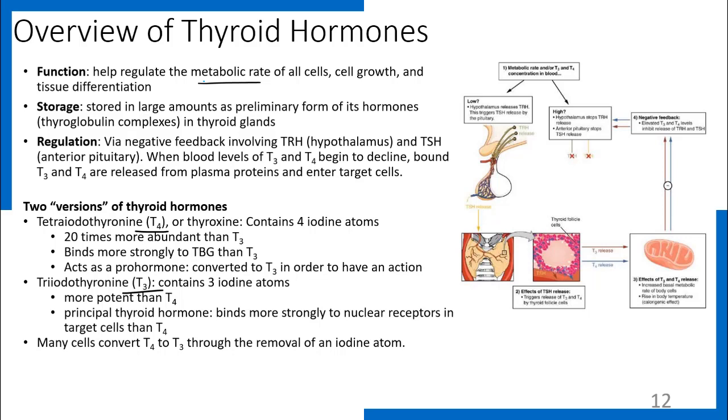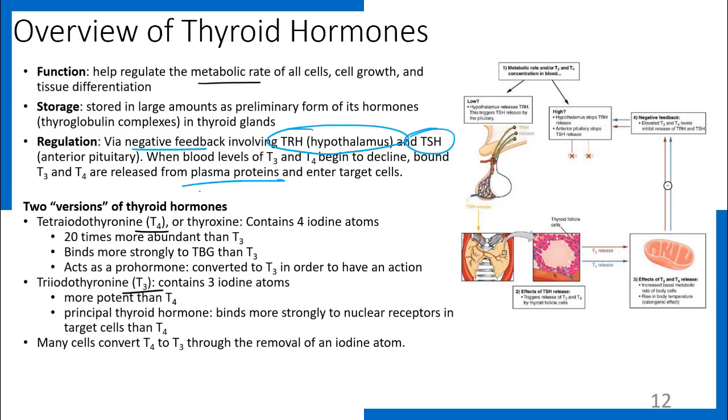In terms of the regulation of the thyroid hormones, it's regulated by negative feedback, and it involves TRH that's produced by the hypothalamus and thyroid stimulating hormone, or TSH, that's released by the anterior pituitary, right? Thyroid hormones also bind to plasma proteins. And so what happens is they need to bind to plasma proteins in order to be transported in